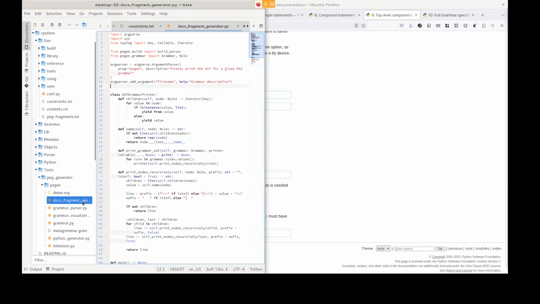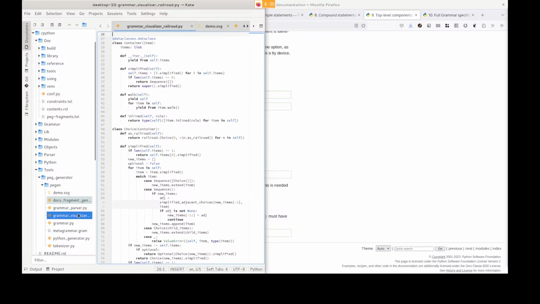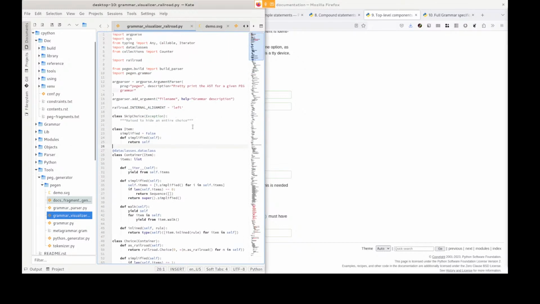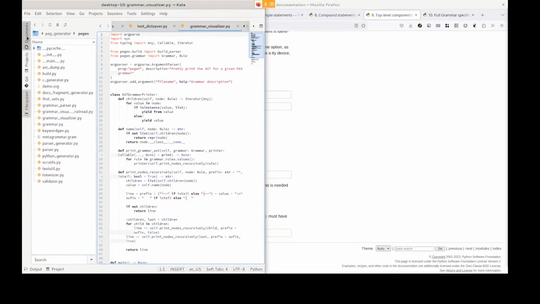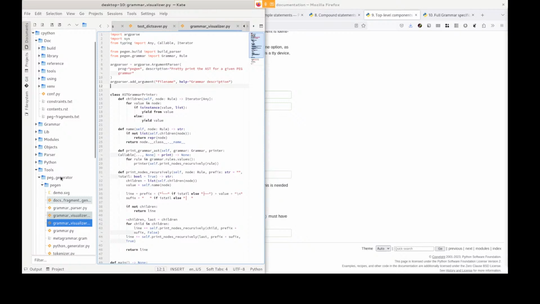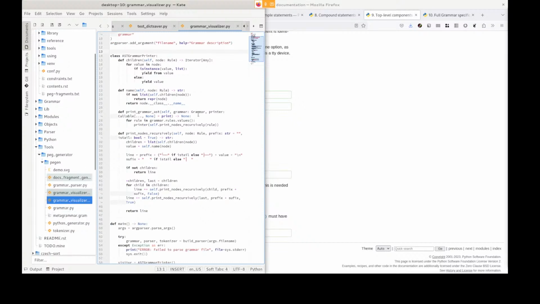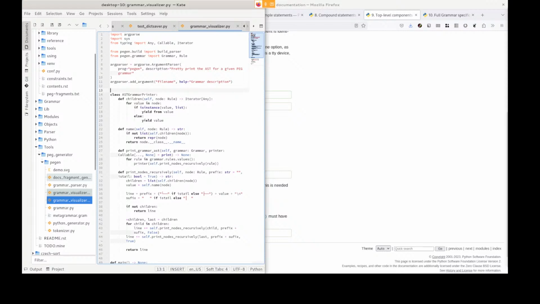So what I ended up with last time is I took the grammar visualizer, which is a tool in the PEG generator in Python's parser builder. Right, this is not the one, this is my previous one, grammar visualizer, this one. So this is a tool in the PEG generator that visualizes the grammar. I assume the PEG developers use this to make sure the code works. So I took that and I copied it as it is for now,